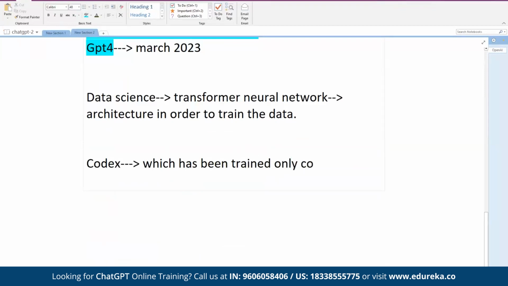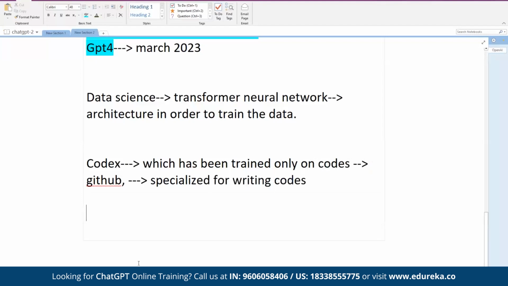Okay. Now there is another product, Codex, which has been trained only on code. Say, it has been trained on GitHub code repositories, all the code repositories. So it is specialized for writing code, compared to GPT-4, which has been trained on a variety of data.